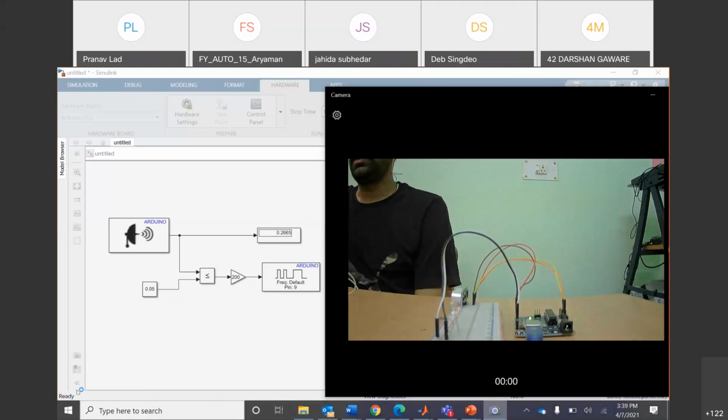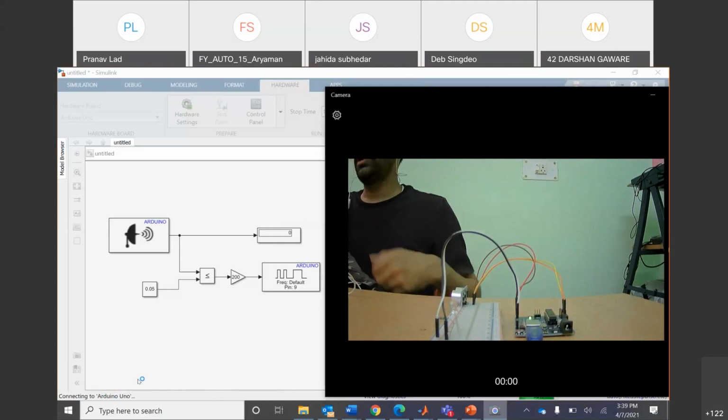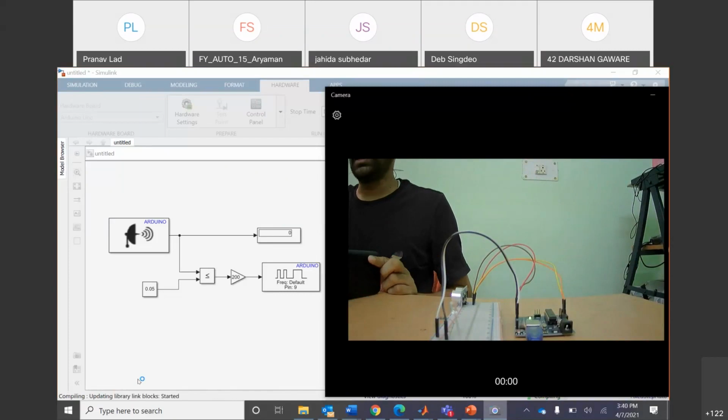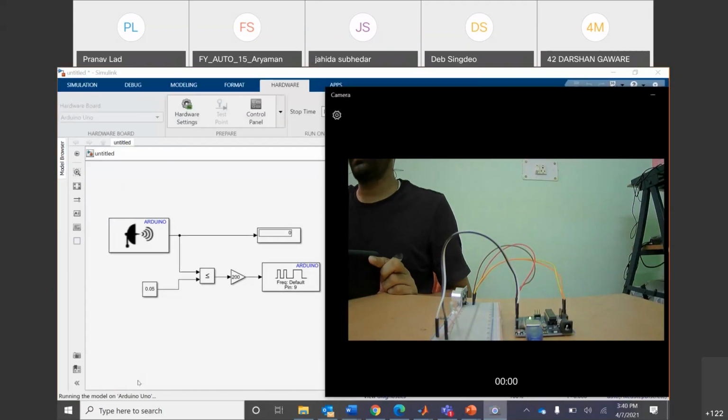So in the left corner, you'll see it will connect with the Arduino board in some time. Yeah, it's building and now it's connecting to the Arduino board. We have made that distance to be 0.05. Let us see how that goes.